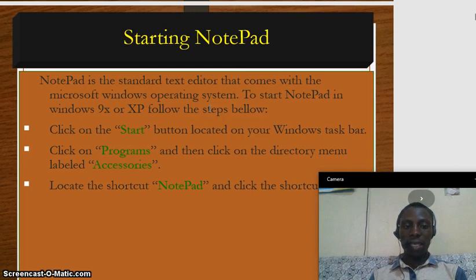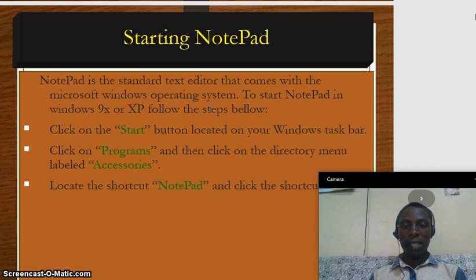So for us to start Notepad in the Windows operating system, whether you're using XP, Windows 7, Windows 10, or 8, we shall follow a few steps as explained down here.